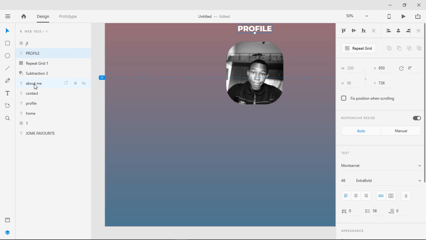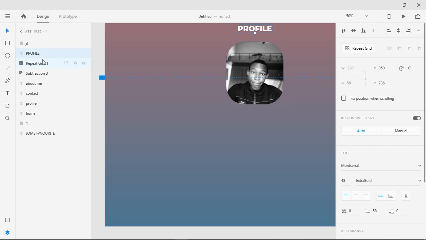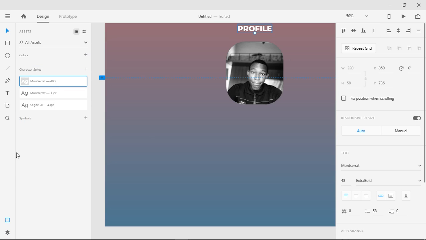Click on it, it shows you everything, your objects, everything you've added in the artboard. It shows you there. Closing that up,